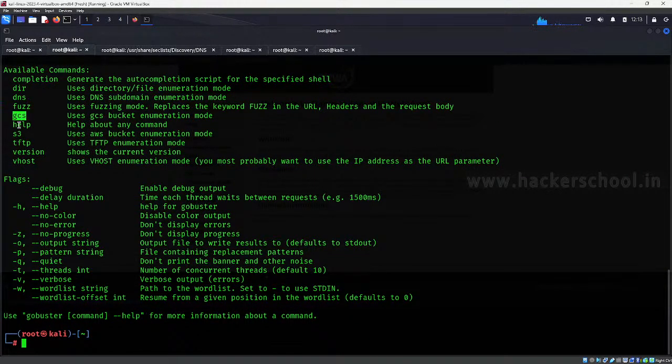So we have GCS, we have S3, both of them will work in the same way. It will try to identify the buckets. Now let me identify those buckets and then we'll take a look into fuzz. With that we'll conclude because again I don't have a TFTP server, I don't have vhost, so I could show these two. Okay, so if I use S3 because S3 is more popular,